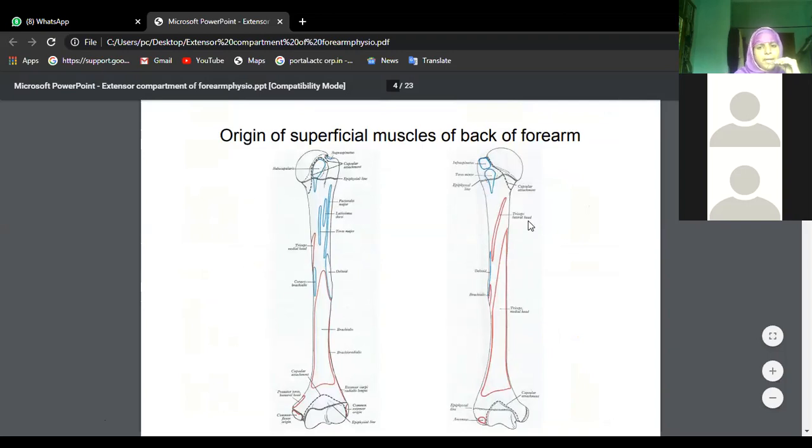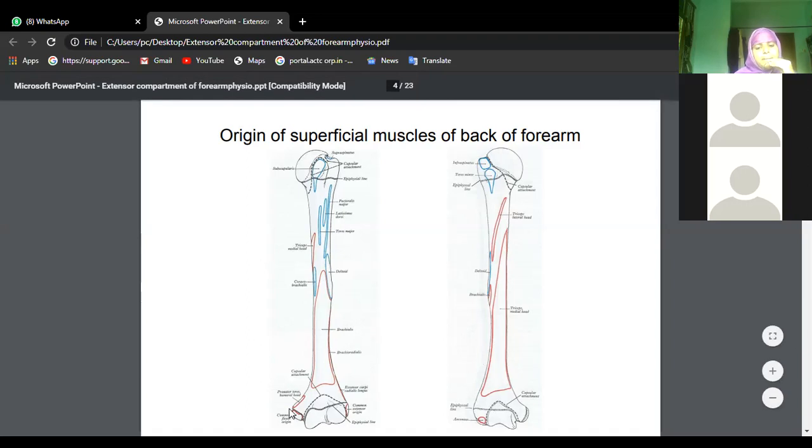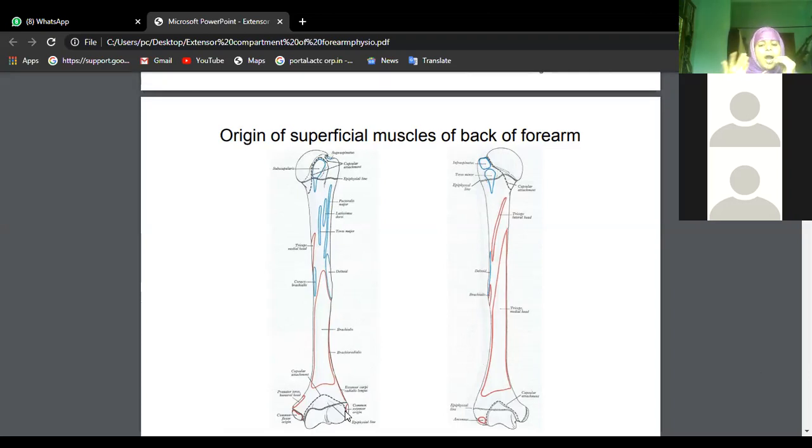Now if you remember this humerus bone, the medial epicondyle is giving origin to which muscles? Common flexor origin, isn't it? This is the head and this is the medial epicondyle, and here we have the common flexor origin. This is the lateral epicondyle, and we know it gives origin to the common extensors. When we studied flexors, I told you the humeral head is always the medial epicondyle, and now for extensors the humeral head will be the lateral epicondyle of the humerus. But on the posterior aspect, we will also see the origin of anconeus.